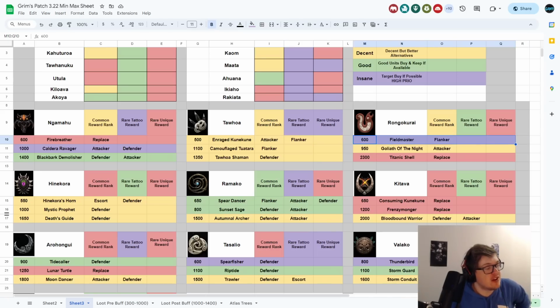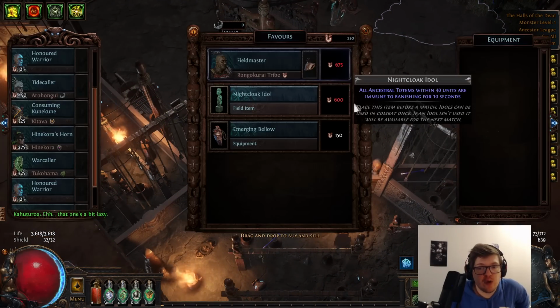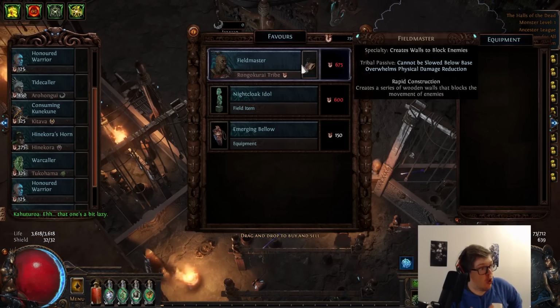So the Fieldmaster is a unit which you can buy off of this guy here by using the Horseshoe favor. The Fieldmaster is the unit which summons walls. Now, the walls that it summons are insane. The walls will block enemy projectiles, which is great, but also bug out the enemy's AI. Both of those things are going to contribute to you surviving longer. Because the enemy will be bugged, they won't be attacking your totems as frequently. Because there's projectiles getting blocked by them, you won't die as frequently to projectiles, and overall, your units will be